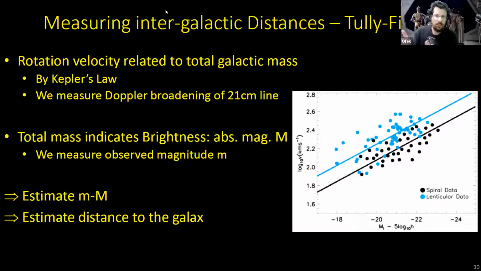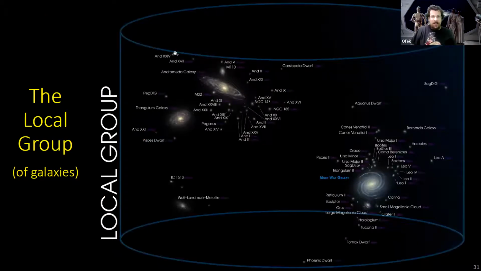example, supernovae, Cepheid variables, RR Lyrae variables, any other type of calibrating the distance, then now if you see a galaxy far away, just by the velocity dispersion and by the observed magnitude, you can get an estimate of how far the galaxy is. Okay, so now we can map the distance to faraway galaxies. And these types of mappings give us a way to kind of map out the local group, which we mentioned.